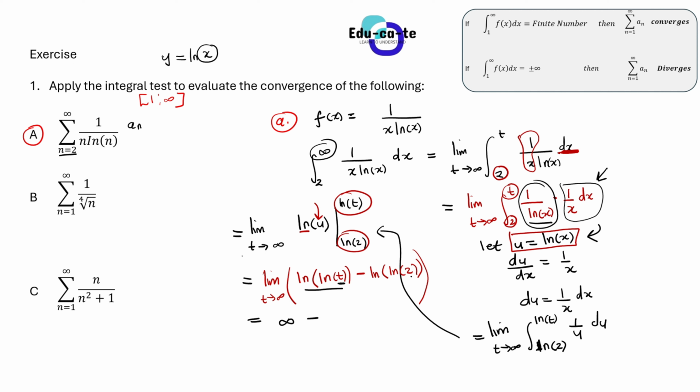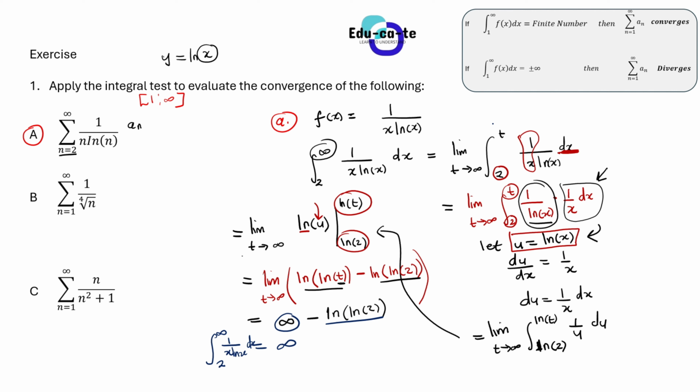Minus ln of ln 2 is a value that I don't know, and I don't even need to know it, but I definitely know that it's a constant number. It doesn't have t in it. So it's just going to give me ln(ln 2). And now in this scenario, infinity minus whatever number, or whatever operation that you can put on an infinity, is just going to give you infinity. So basically here the integral from 2 to infinity of 1 over x ln x dx is equal to infinity.